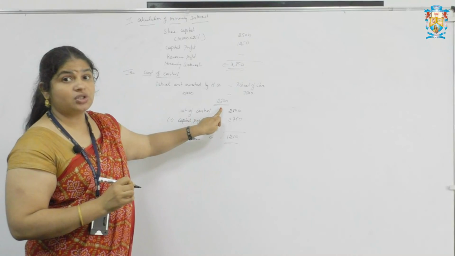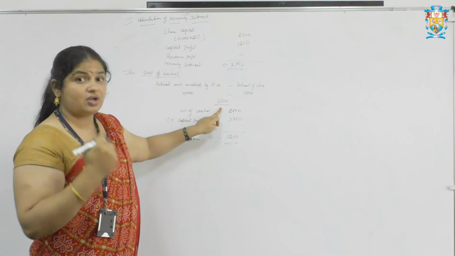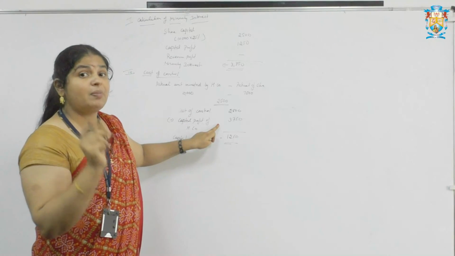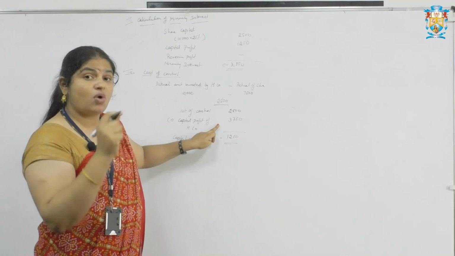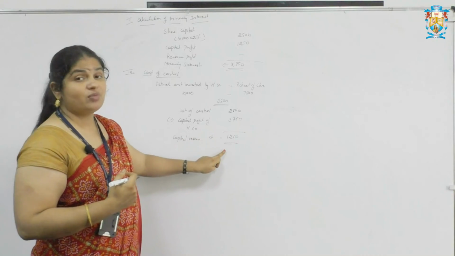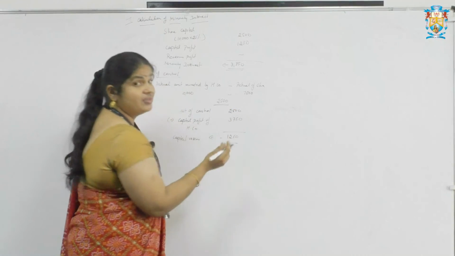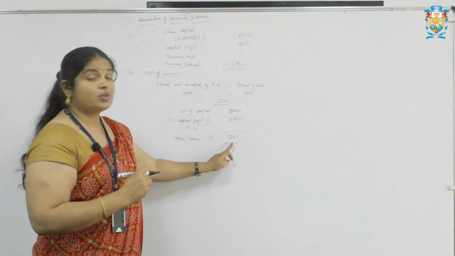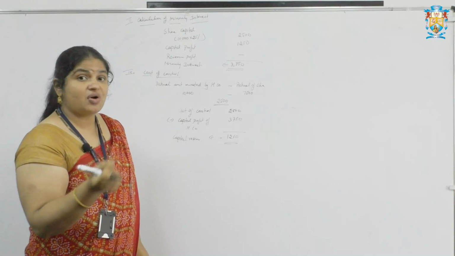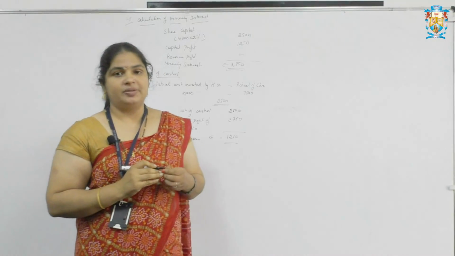Once again I'll repeat: 2,500 is the increased cost. Because the cost is increased, I have to reduce it. How can I reduce it? By using my capital profit. Capital profit is nothing but the pre-acquisition amount. Whatever profit they earned before purchasing is transferred to me. By using the transferred amount, I reduce the cost incurred. After reducing, I have an extra 1,250, so that is minus 1,250. This extra amount is used for the purpose of capital, so I have written it as capital reserve. So this is all about the given problem. Thank you.